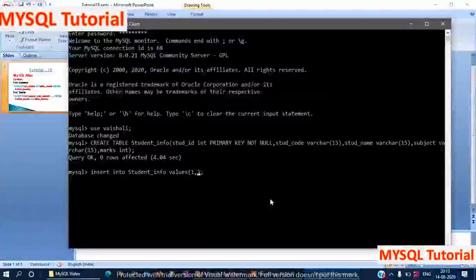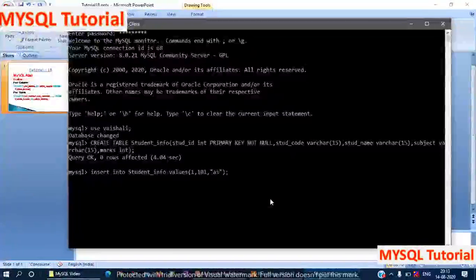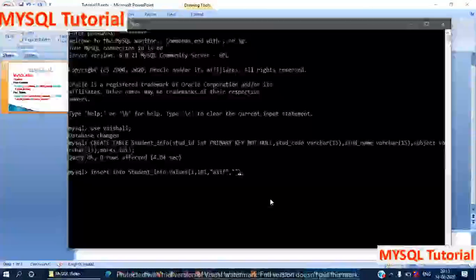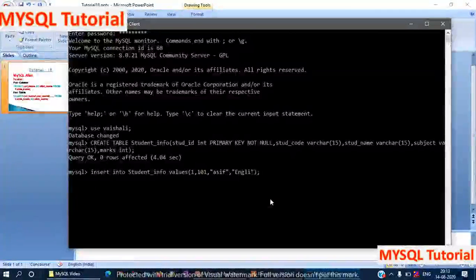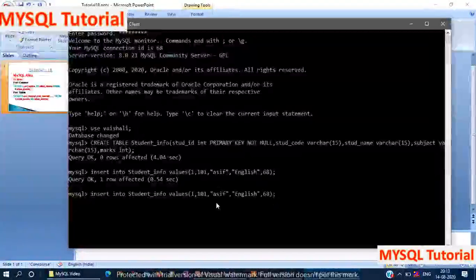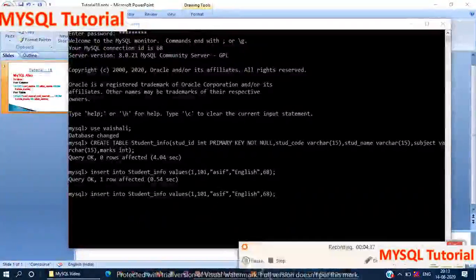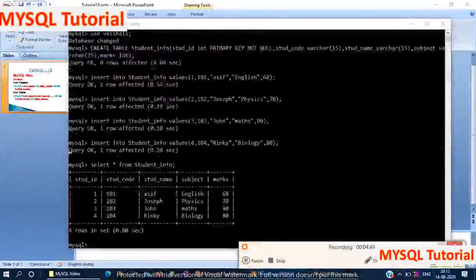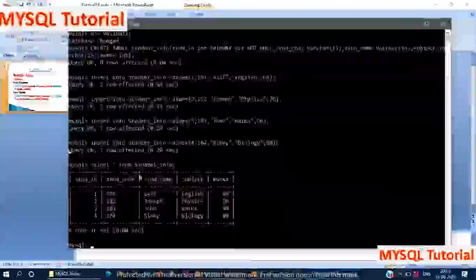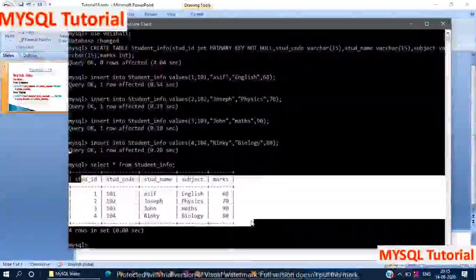ID is 1, then student code, then student name. Now subject, and the last one is the marks. Here you can see I have inserted 4 records.